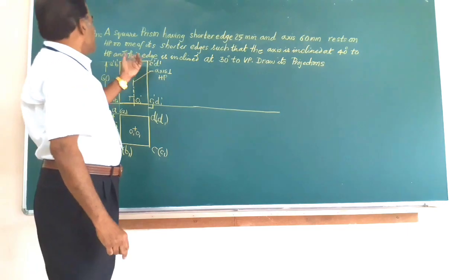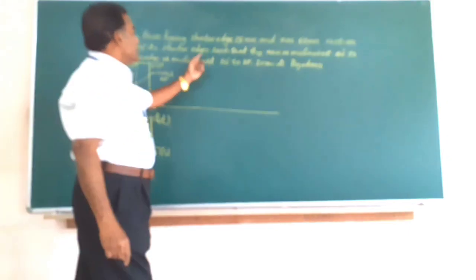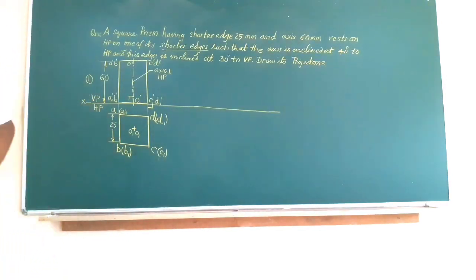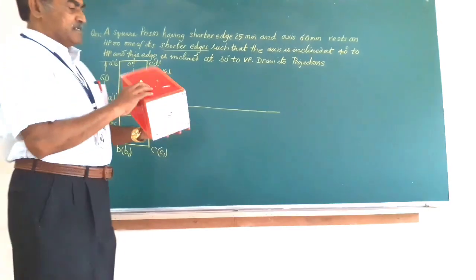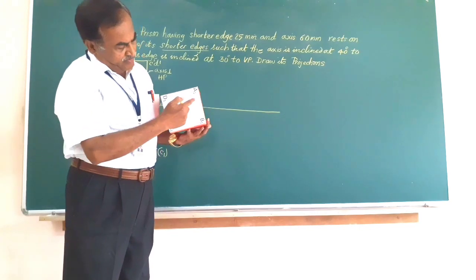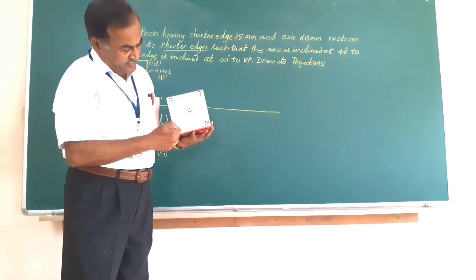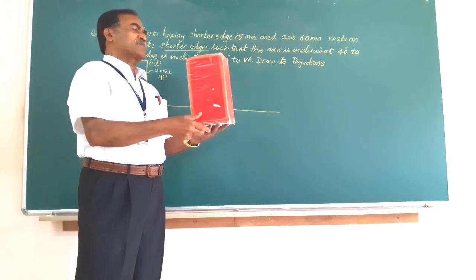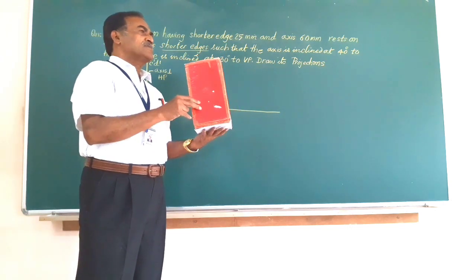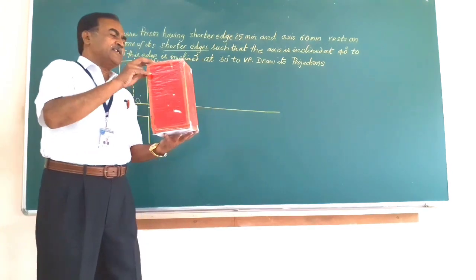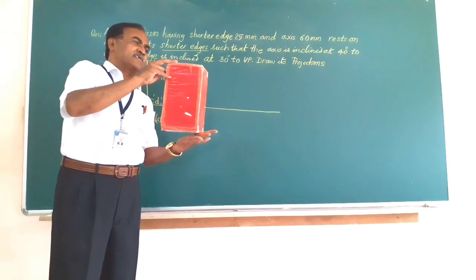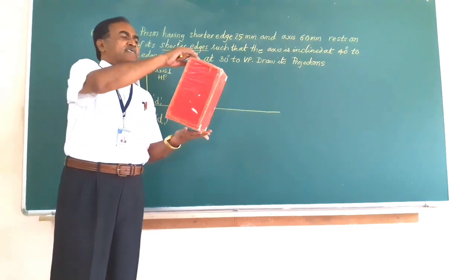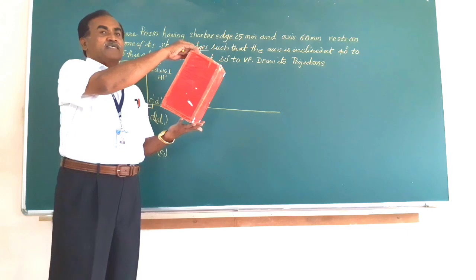It has to rest on HP on one of the shorter edges. So here you have got four shorter edges, namely A1 B1 is one edge, B1 C1, C1 D1, D1 A1. So you can place the object. Already you have placed it. Now in the second position, I am going to rotate the object on that edge such that the axis, which was perpendicular before, makes an angle of 40 degrees with the HP.